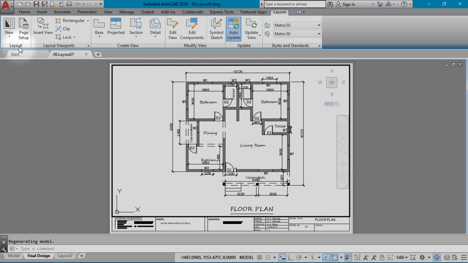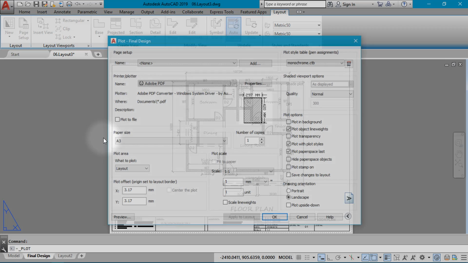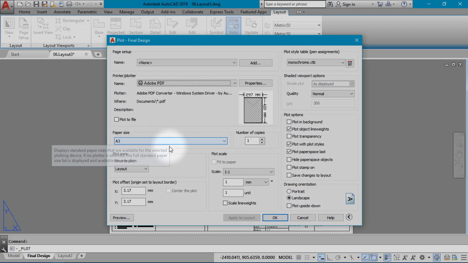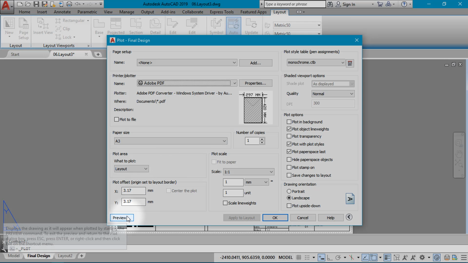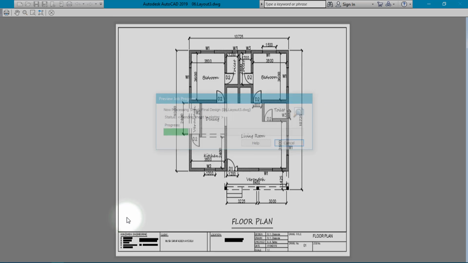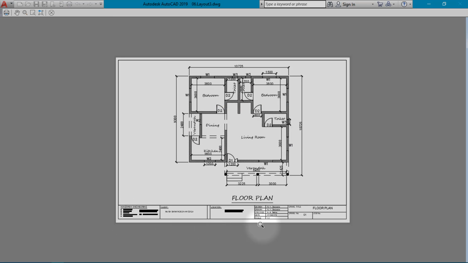I can now go to plot, click on the plot icon here. Since I know that everything is set up the way I want, so it is set up as monochrome. Let me just be sure to check the preview. I don't need to preview again because the preview will also show me what is on the layout. But since this is okay, click on plot,